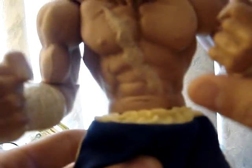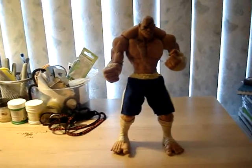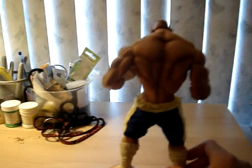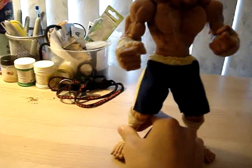And let me just give you one more. His legs cannot move that much, but they can move, and his arms can move along with his head a little bit. So I'm just going to give you one more shot of the full body of Sagat, and before I end this video. So there it is. This is about 9 to 10 inches. It's a really great figure in my opinion, and I hope you guys enjoy